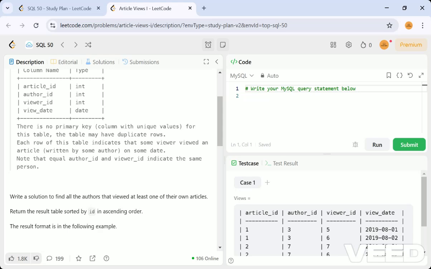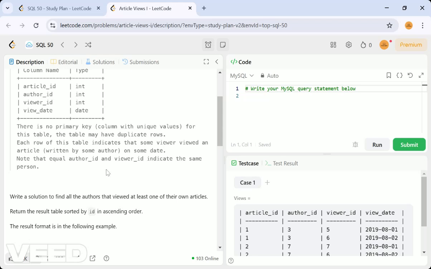One article is written by one author, which is the author ID of that particular person, and you can assume the article ID is that of the article. The viewer ID is the person who viewed that article, and on the view date he viewed the article written by that author. So this is the data we have in the Views table.